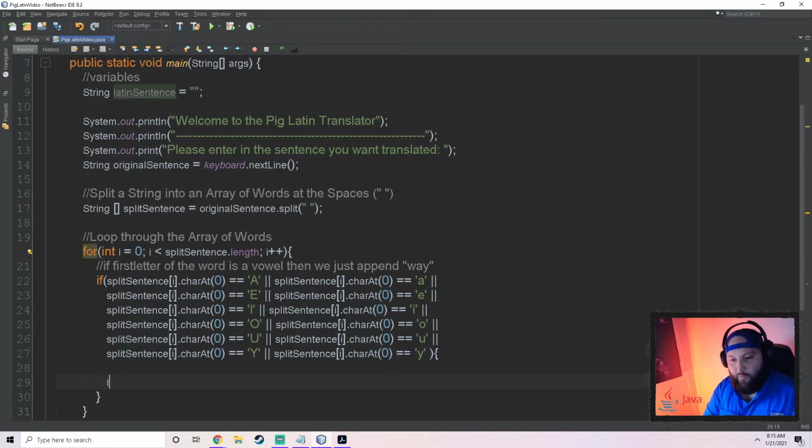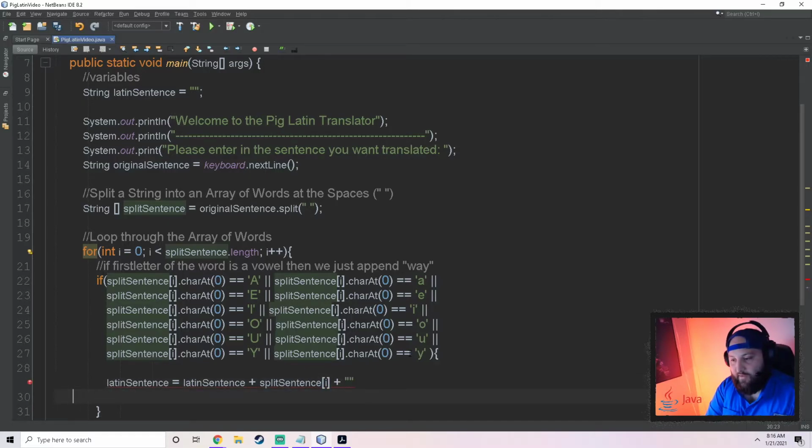Once we have found our word, we can add it to our Latin sentence by saying Latin sentence is equal to Latin sentence, so whatever was in the sentence before, plus split sentence at I, so whatever the word was. Split sentence at I will give us what the word was, and then we just add